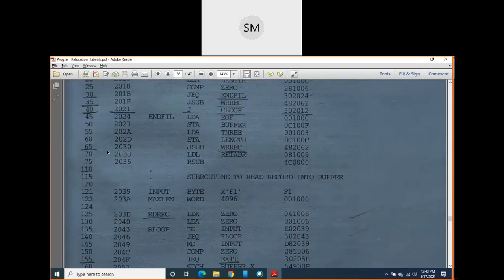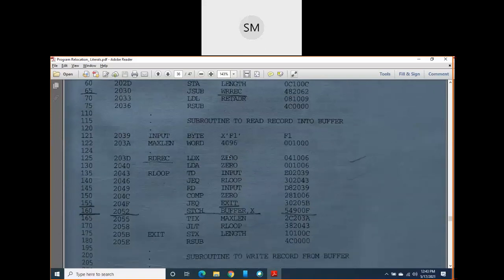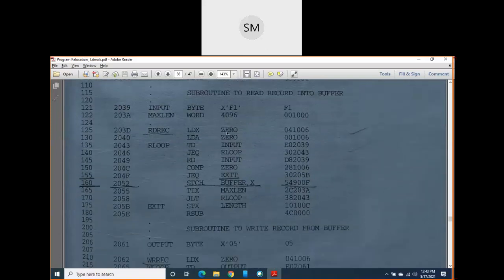It means in those 3 bytes this instruction should be loaded. But in that instruction I know only the value of this JSub, I don't know the value of this operand. Clear?